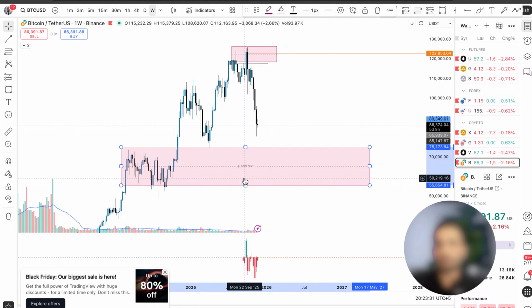But let's see, in January and February, how the market will react to this one. And as I said, if I was a trader, before buying at this top area, I would definitely have the market psychology in me. I would look into why people are still buying. If I'm buying, am I right or am I wrong? I will ask myself, because there is no seller in this market. It's a weekly chart, right? That's why it's creating higher lows.